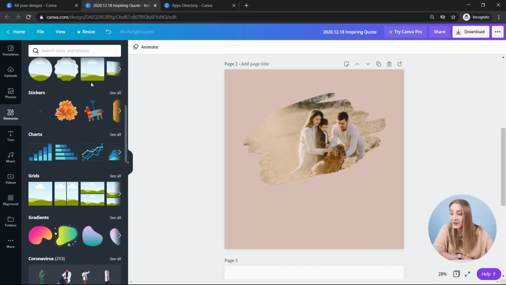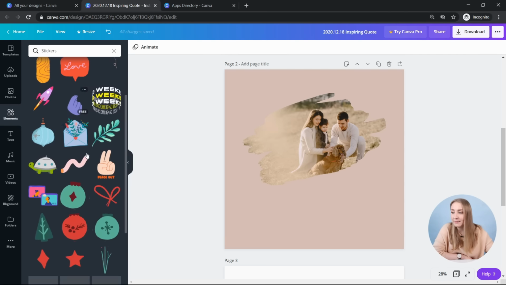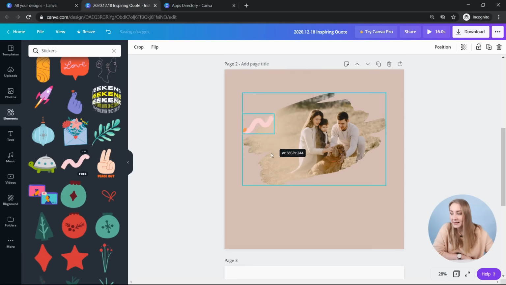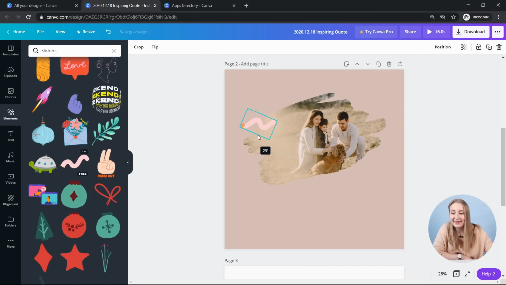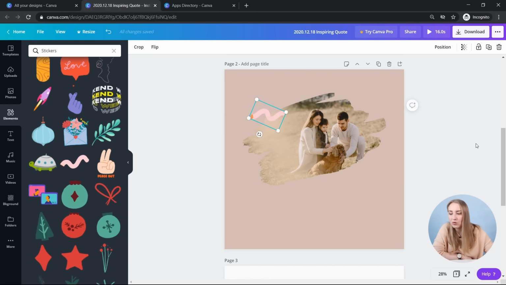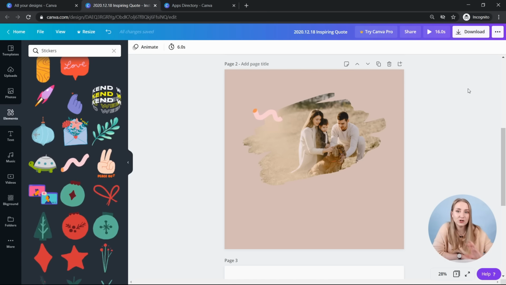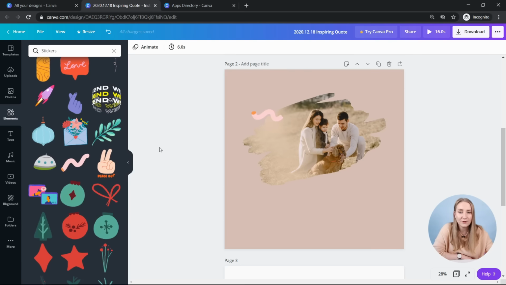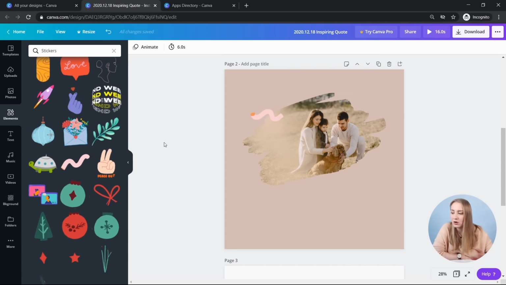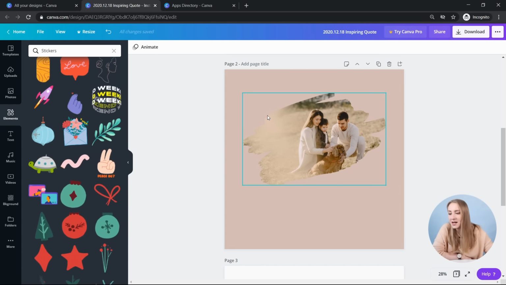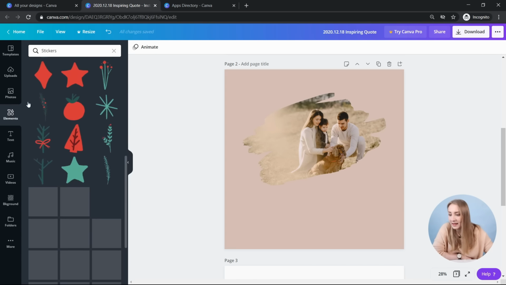There are also stickers, so more animated elements. Canva is really expanding their library when it comes to any animated elements. So you can just add that one and export that whole graphic design as a GIF or as a video, which is a bit more interactive for any people that are watching it or browsing through your social media. So it's a really cool feature that they've got.